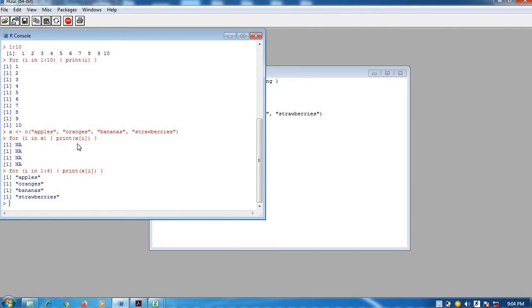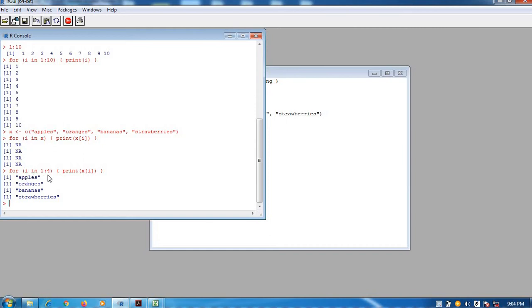X is the vector having strings. When you wrote X of I, I did not have the indexes of the strings available in the vector X, but you wrote I in X, which means the whole vector is assigned to I. So here you are not getting output.